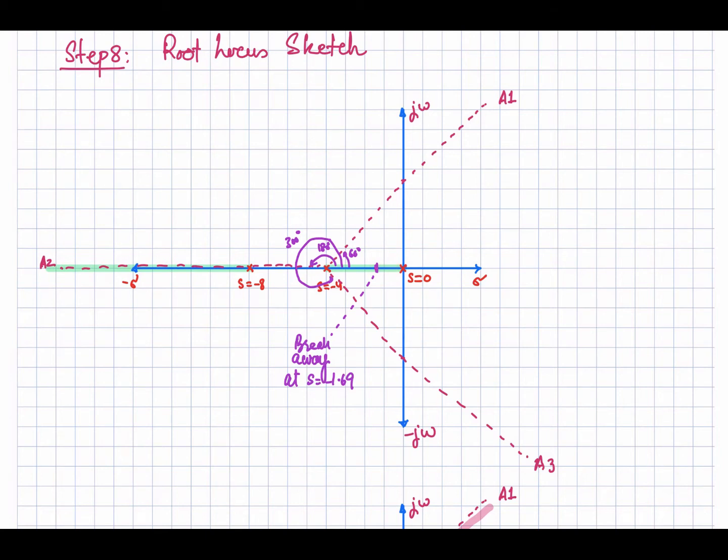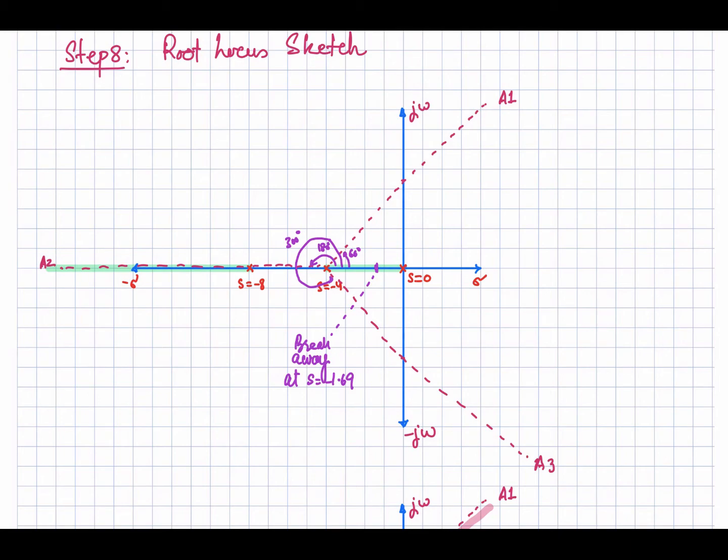But what will be the path when you change the gain k? This pole will be moving over this axis, and from here there will be the breakaway. Similarly, this pole will break away from this point, and finally it will be moving along this asymptote towards infinity. Similarly, this pole coming from here and then taking this path moves towards infinity, because its zero is sitting somewhere at infinity.